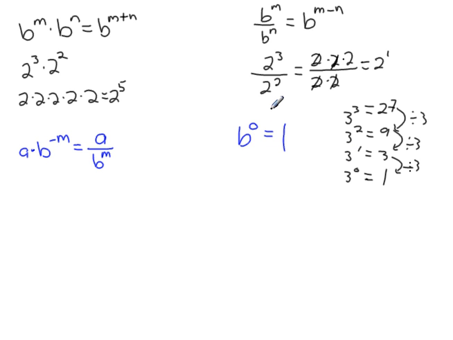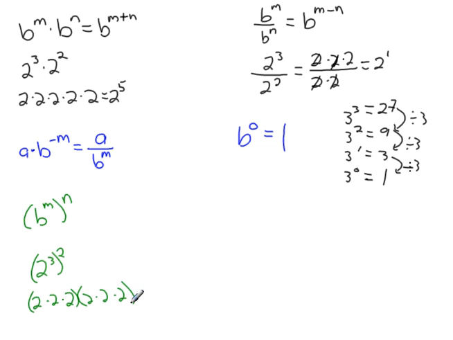All right. The next thing is if we have some base raised to an exponent and then raised to another exponent. So this is power to a power. That's like saying 2 cubed and then the whole thing squared. This means I'm multiplying 2 by itself 3 times, then I'm doing that 2 times. So that's going to be 2 times 2 times 2, that's 2 cubed, and I'm going to do that twice. 2 times 2 times 2. So I've got